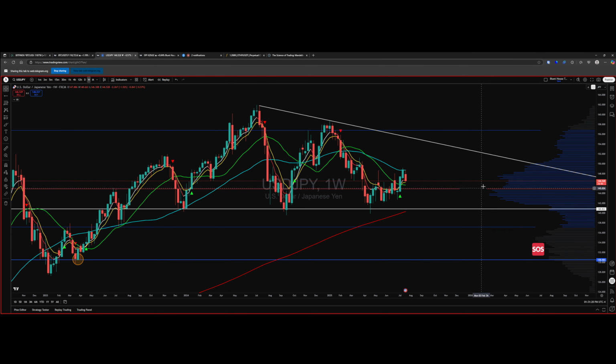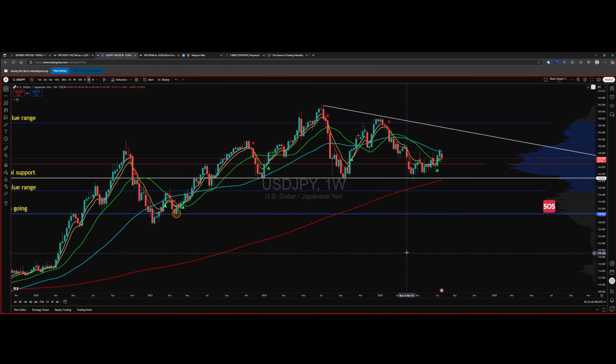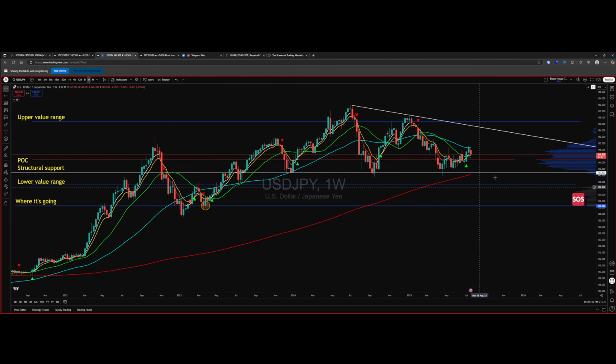That would be a logical target if you don't hold the 20. And of course, if you start to break it, remember that you'd be falling off a shelf in the process of doing that as you're challenging these lows. Break one level, find the next, break one level, maybe find the next. That's the downside. And this is a structural level. That's why it's important. Because if you break the structural level and the 200 weekly, the lower value range is an obvious draw for price.